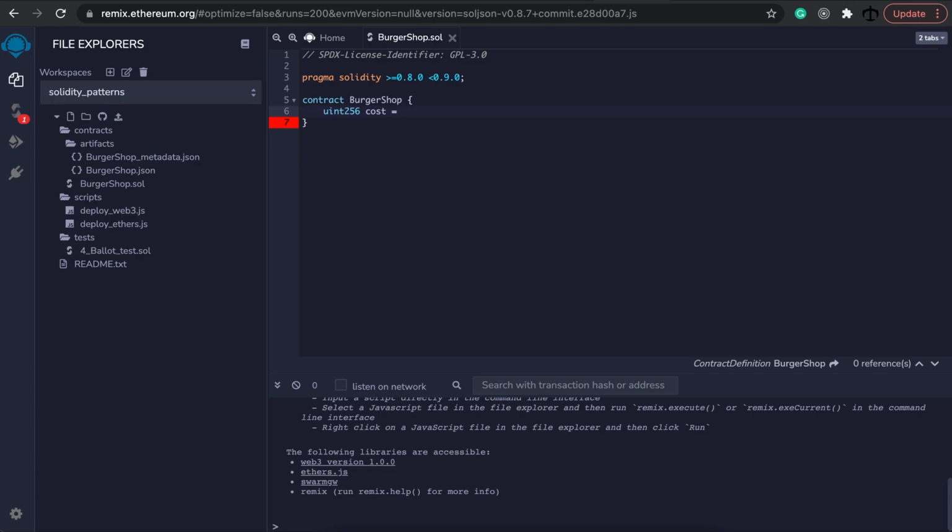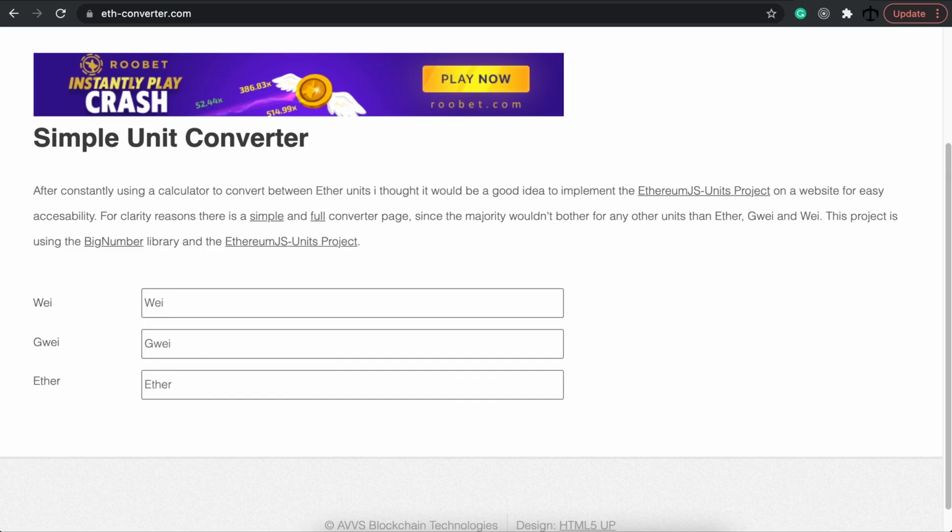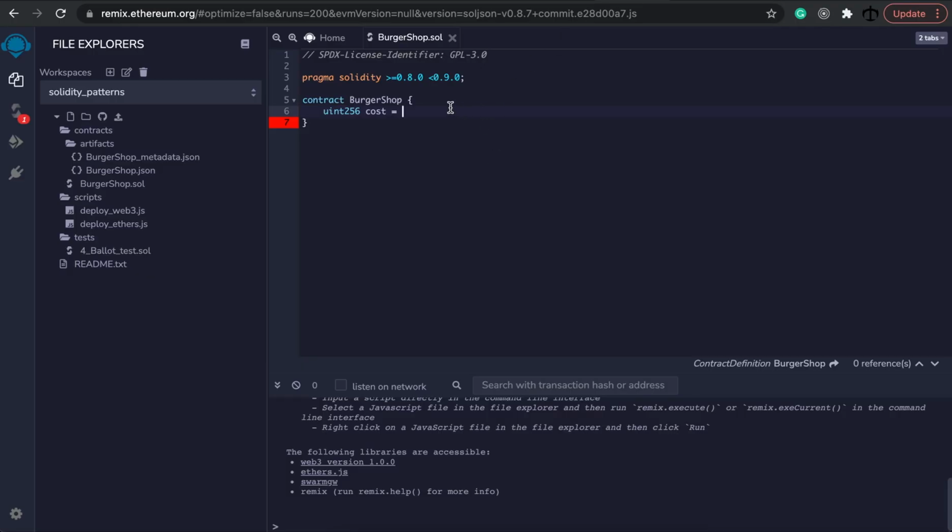Now we can type out and say that we want our burger to be 0.2 ether. Let's do it, 0.2 ether. It's a very expensive burger. And you can go to this ETH converter, so you can type out 0.2, and this is the wei amount. Whenever you work with amounts in Solidity, it's going to be wei, the smallest unit of ether, basically. Now, you don't have to do it like this, but this is a way that you can do it,